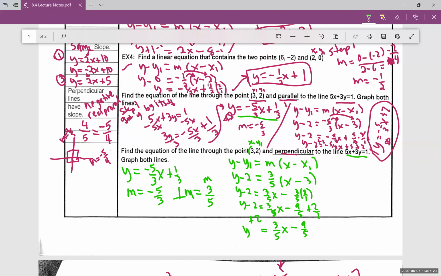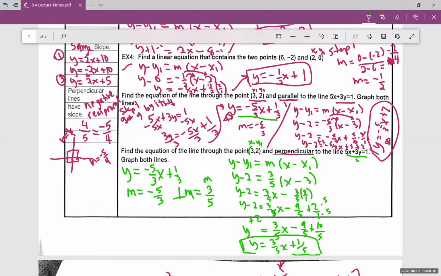Now look what I'm going to do here. If I want to add this 2 to this, remember how we need to get a common denominator? So I need to multiply top and bottom times 5, and that becomes 10/5. 10 over 5 is 2. Okay. Finally, last step, y equals 3/5 x minus 9/5 plus 10/5 is simply plus 1/5. Okay, so here's my line that is perpendicular to this line,